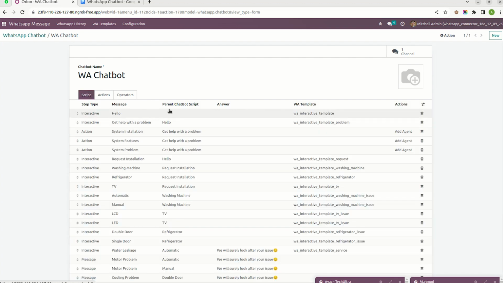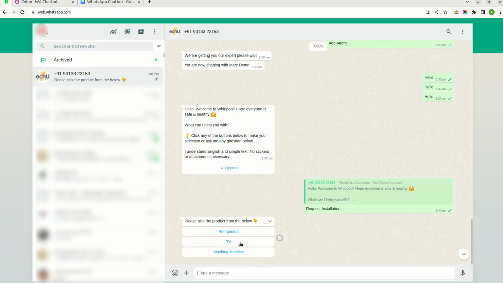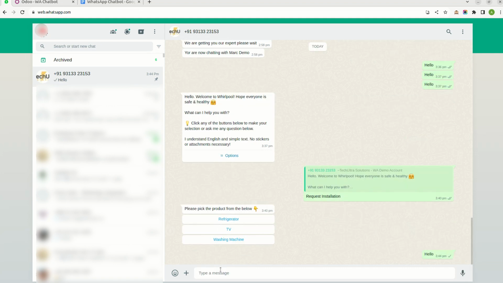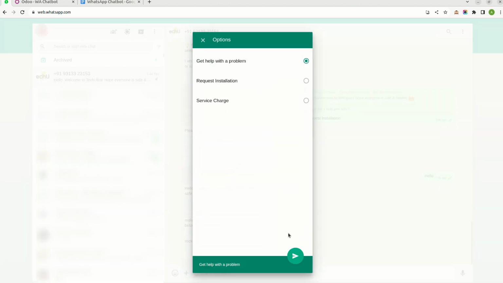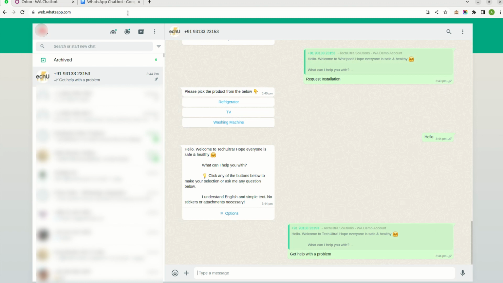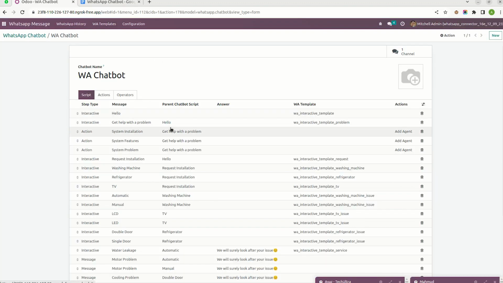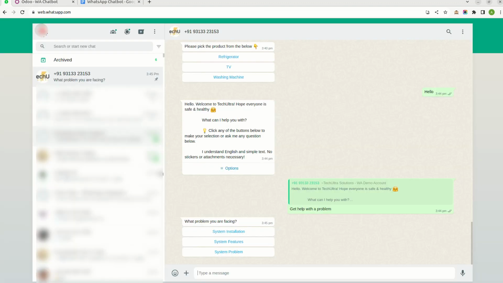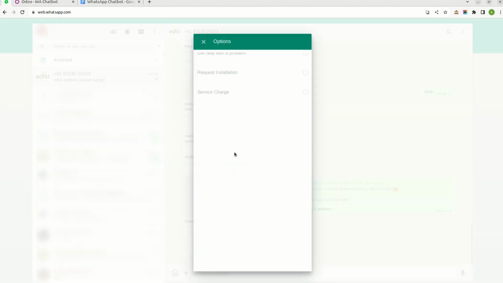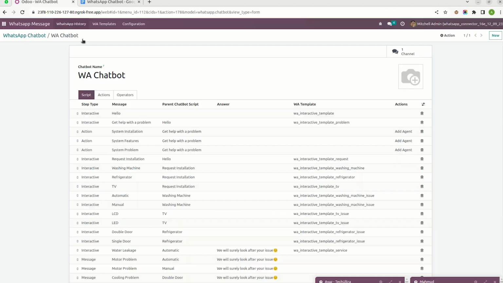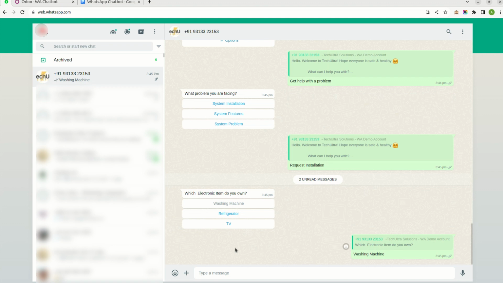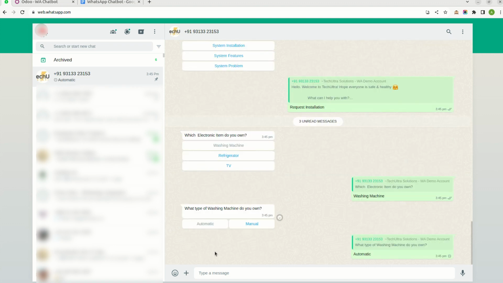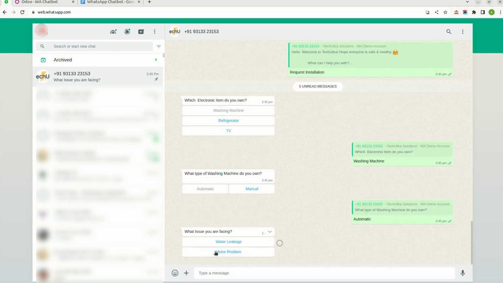For example, if I go to the hello again, it will be sent with these messages. Okay, get help with the problem. If I select get help with the problem, accordingly I have set the template for problems. If I select request installation, I have set the request installation template as well. Here you can see the request template has been set up. If I select the washing machine, then the related washing machine template will be sent. If I select automatic, it will select the meter apply. If I select the water problem,